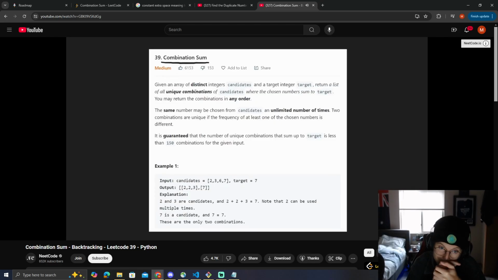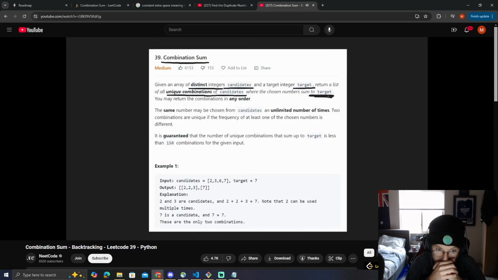So we're given an array of distinct integers called candidates, and we're given a target integer called target, and we just want to return a list of all the unique combinations of candidates where all those numbers end up summing to the target value. And we're allowed to return those combinations in any order, and we're also allowed to use the same number from candidates multiple times, but we don't want to have duplicate combinations. For example, if 2, 2, 3 sums up to 7, right? That means 3, 2, 2. These are the exact same values, right? Just in a different